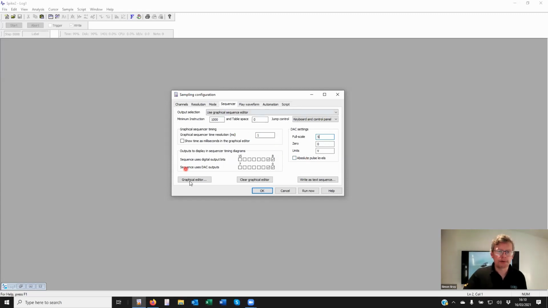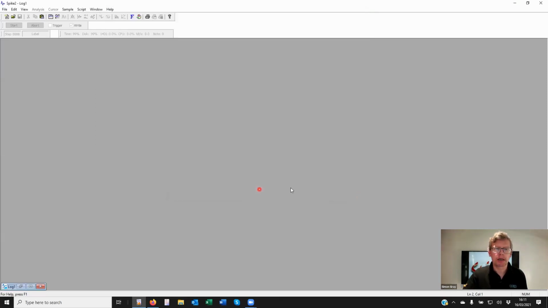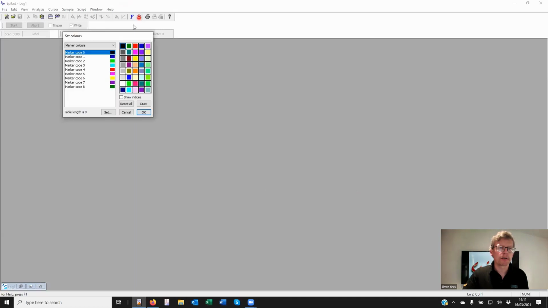Right, now I've cleared everything out so far. So let's go and have a look at the graphical editor. So you see it's a blue tram line at the bottom of the screen here, and it shows me that this section, and this is one of 27 sections, is 1 second long. So there's 0 and there's 1. Now before I go on, I'm just going to cancel out of this, say OK here, and just show you that we added this morning